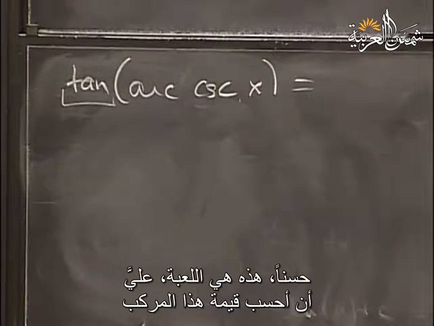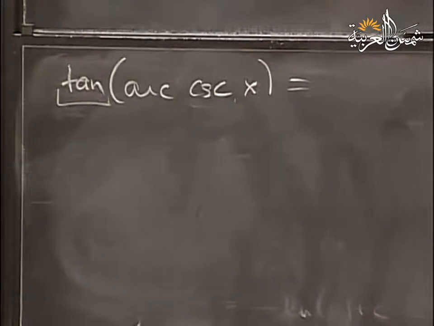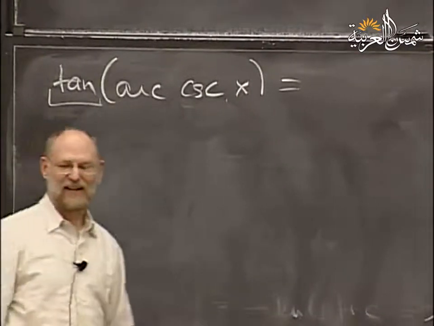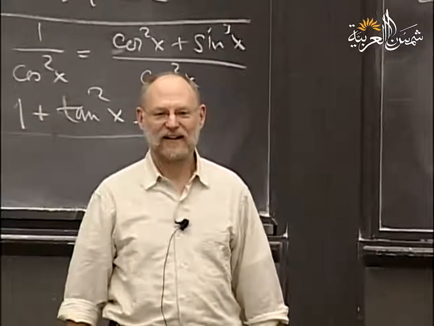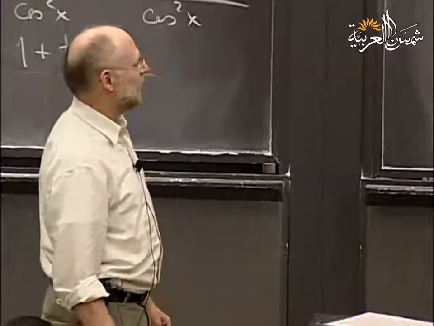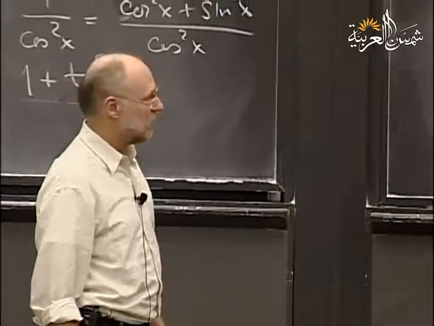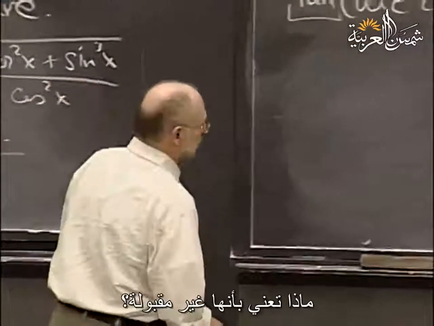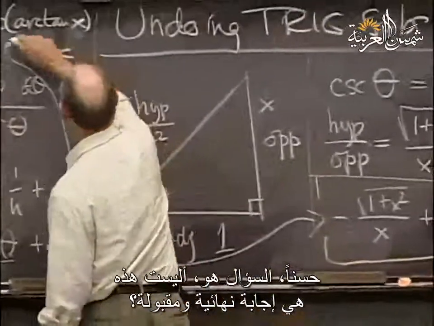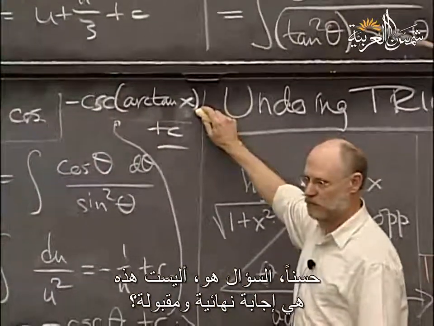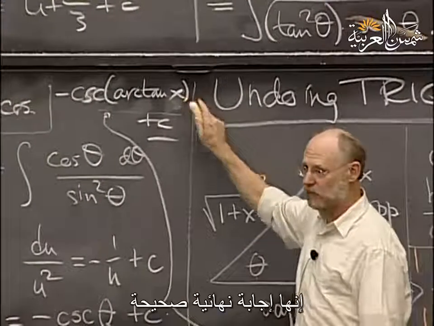We have to try to compute that composite. All right? Something wrong with this? That is just in terms of x. So would that be an acceptable final answer or not? What does acceptable mean? The question is, isn't this a perfectly acceptable final answer? It's a correct final answer, but